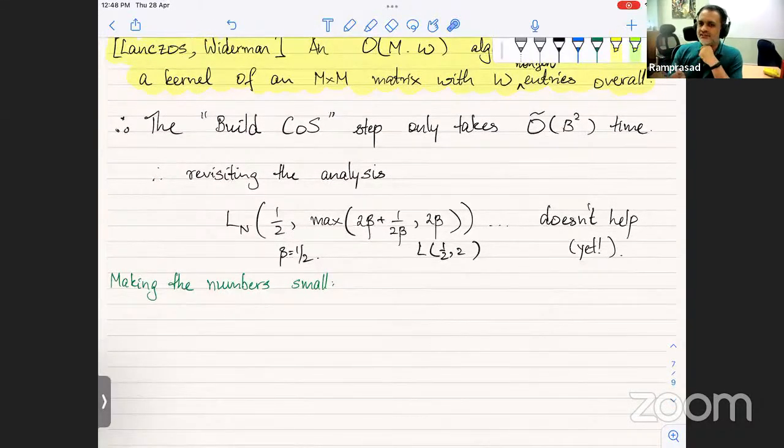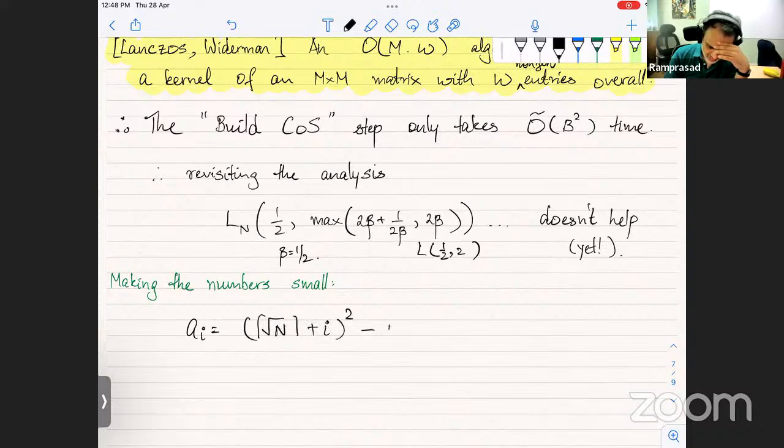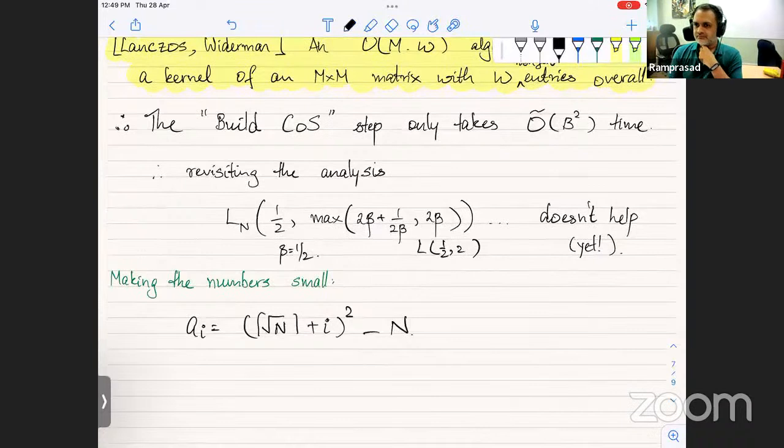Okay. And this goes back to the Morrison-Brillhart original approach, which is to say, suppose my ai was equal to the ceiling of the square root of n, plus i, the whole squared minus n. Or this used to be this mod n, but let me just say that this is equal to this minus n. Now imagine the situation where i is very small, much smaller than n. How large is this number going to be? So this is basically going to be square root n plus maybe a delta in order to make sure that this is the ceiling of square root n,